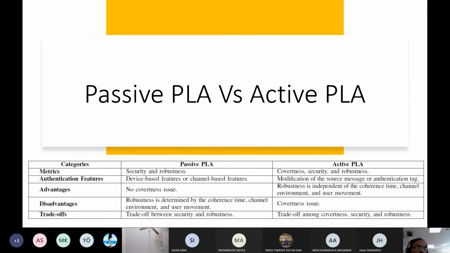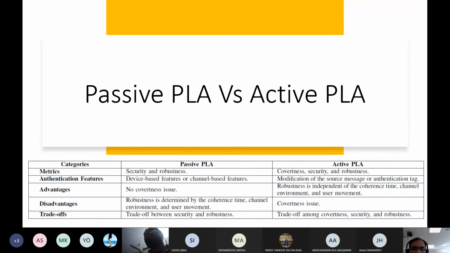Will the attacker be able to launch a replay attack? Will the attacker be able to mimic it or not? This is from the security point of view. Robustness, as I already explained.